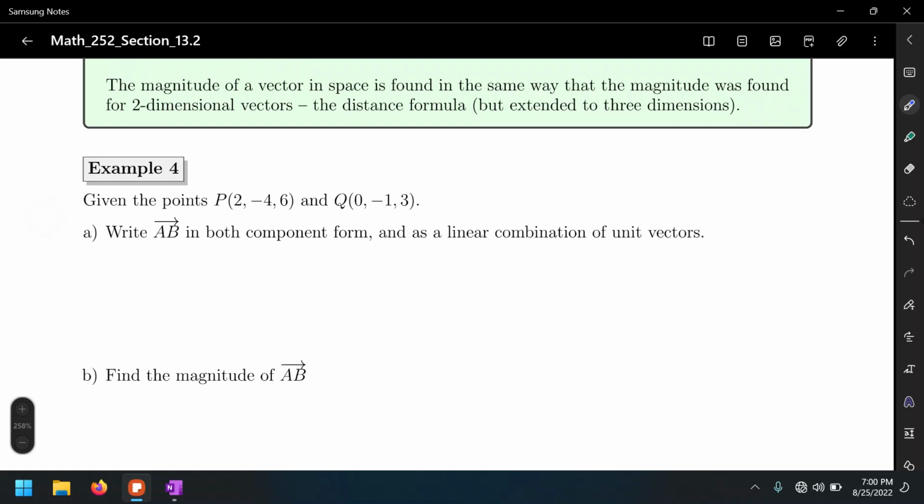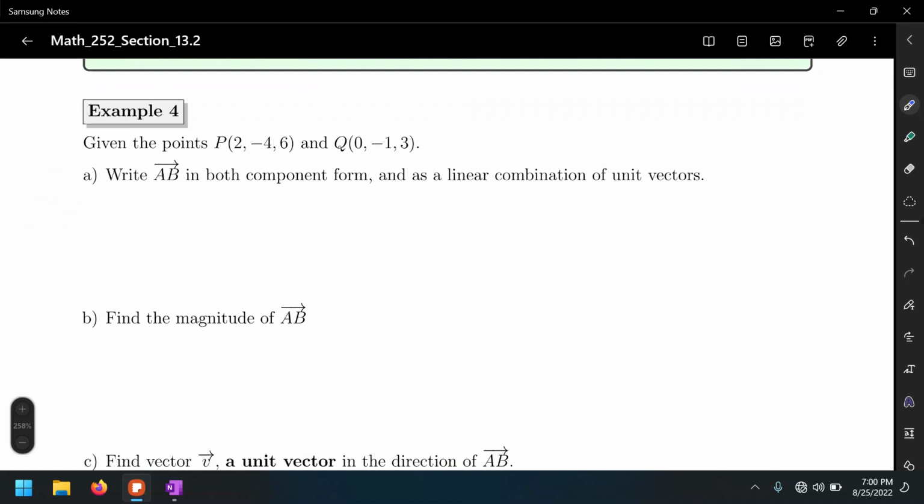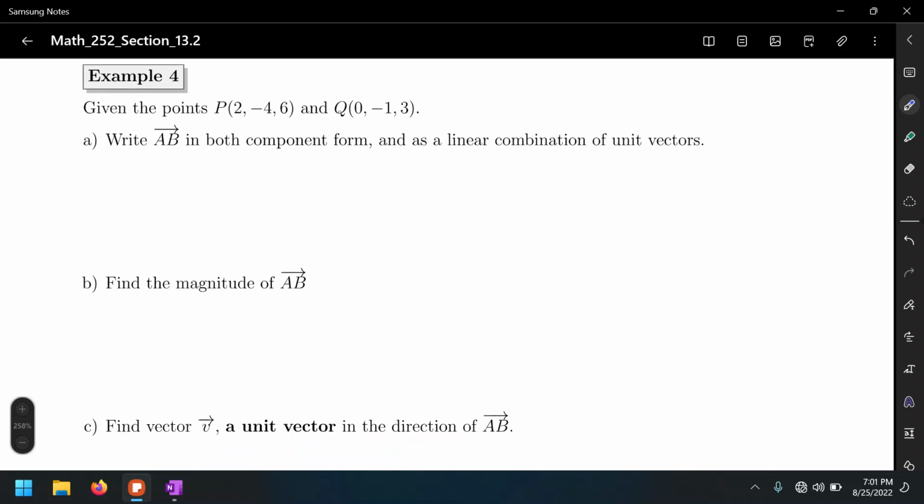So we're given a couple of points, P and Q, and in this case we're given these points not as ordered pairs, but rather as ordered triples. So let's write down the vector AB in both component form and also as a linear combination of the special unit vectors i, j, and k. And to describe the vector AB,